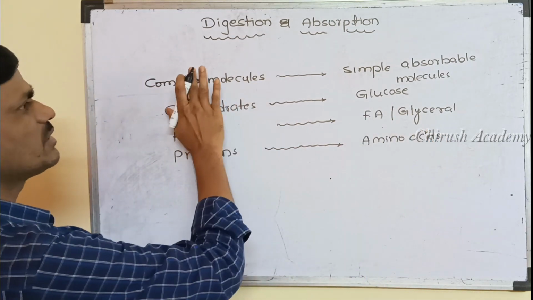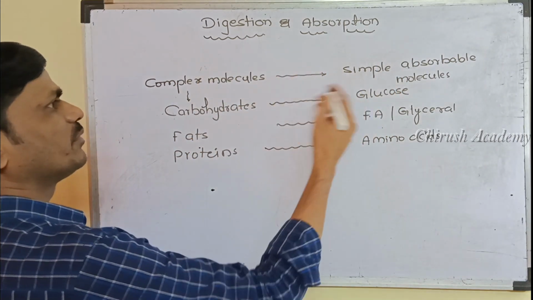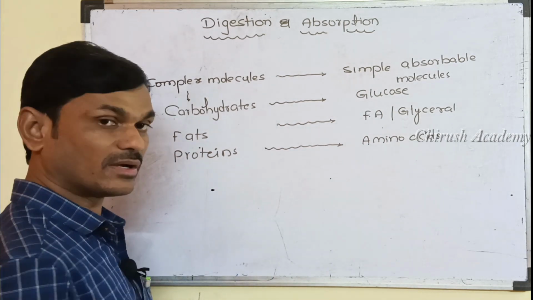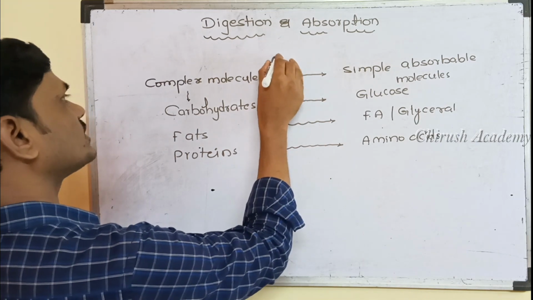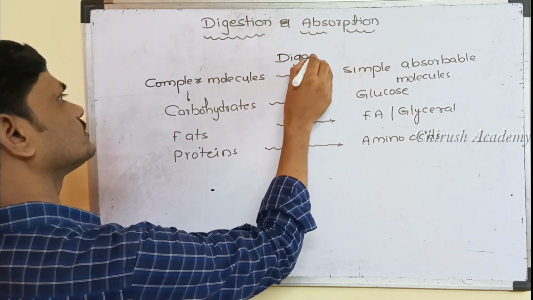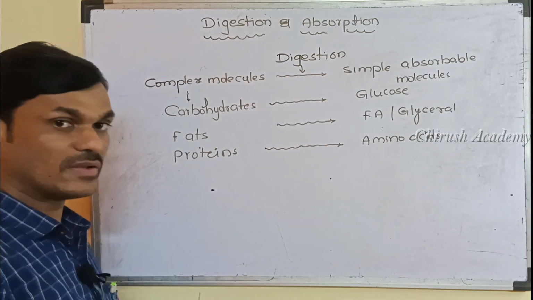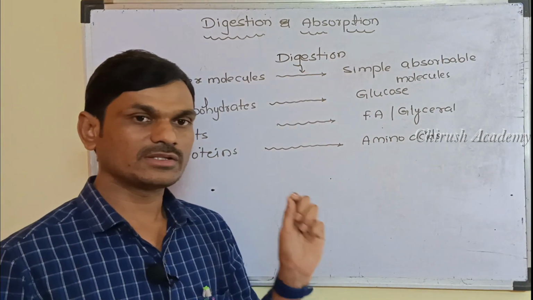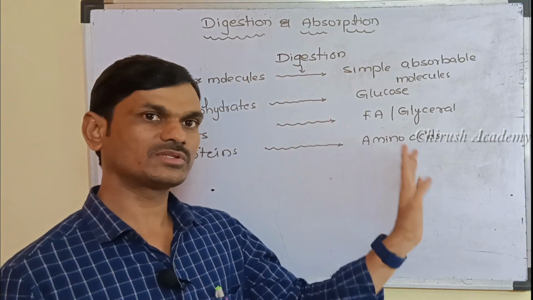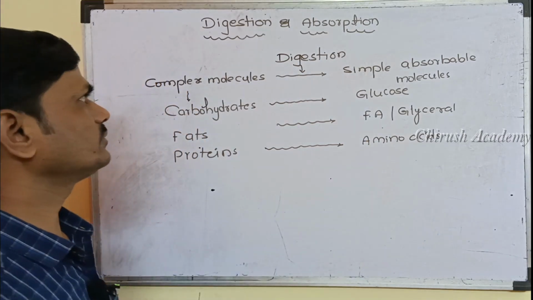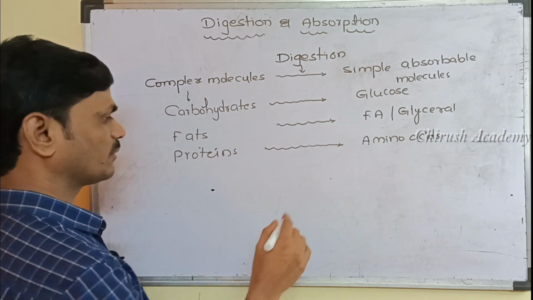Now, the conversion of these complex molecules into their simple, absorbable form in the alimentary canal or gut, we call digestion. So what is digestion? Digestion is a process where complex molecules of the food are converted into simple, absorbable molecules. So why do we need this digestion? Because